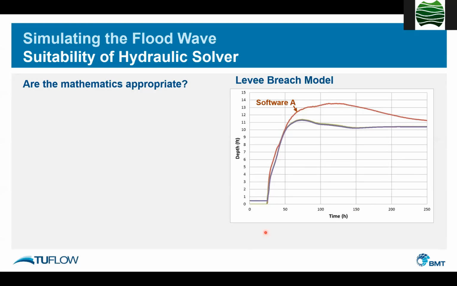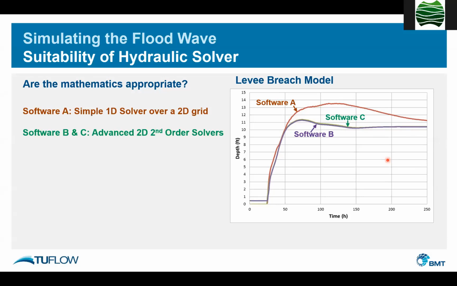And so they weren't very comfortable with the results they were getting. So they then tried it with another bit of software, identical data, identical models, and they got a very different result. They really wanted to be a bit more confident about how realistic their modeling was, and they ran it with a third software, and they got, in fact, almost too similar. Software B and software C gave very, very similar results. So that gave them more confidence that software B and software C are doing the right thing, or are closer to reality than software A.